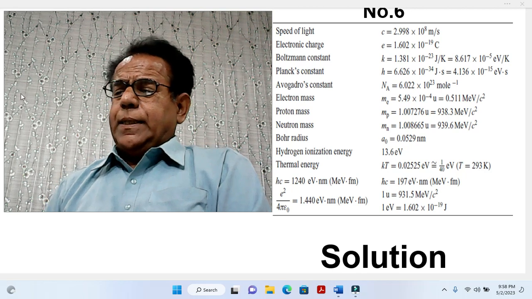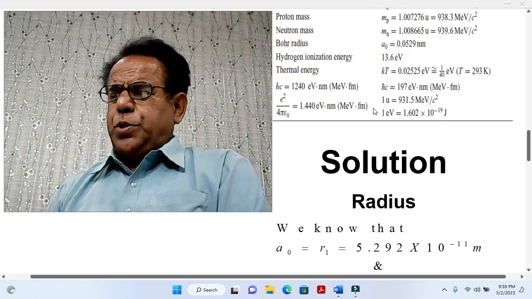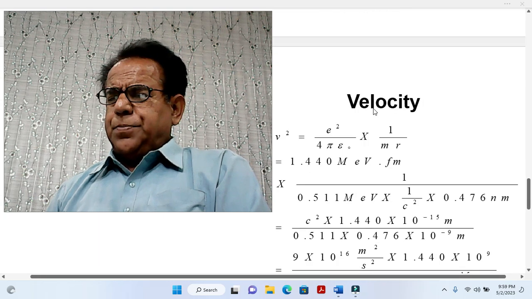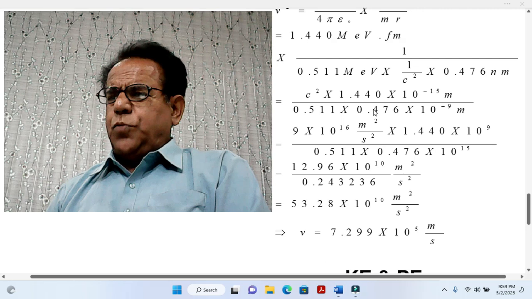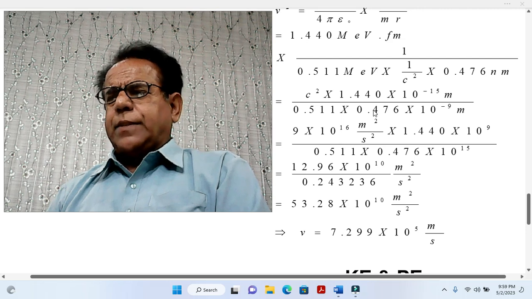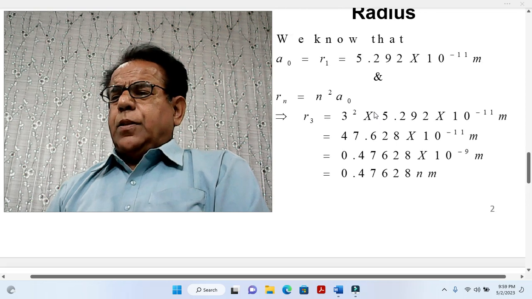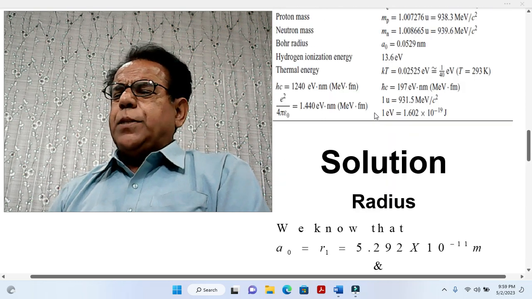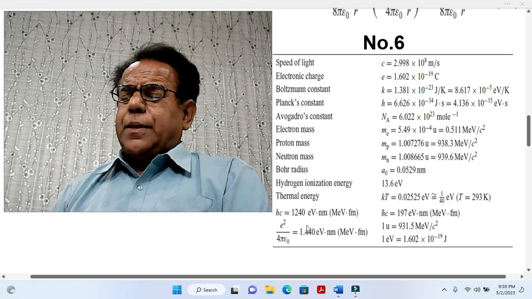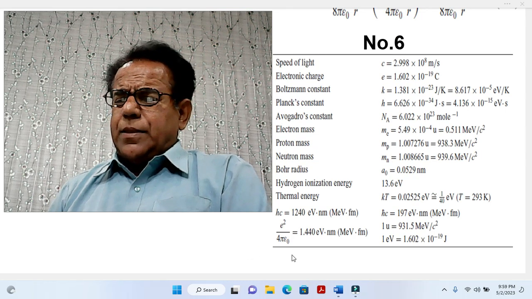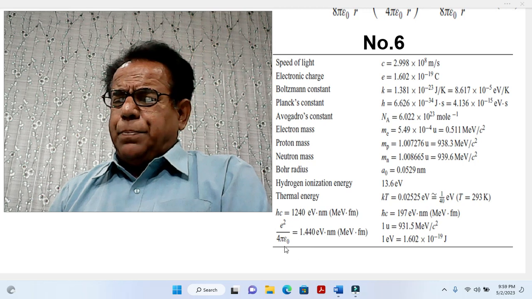Moreover, I think other values will also be used. Let us see. Yes, other values will also be used. But the most important and main thing which is helpful is this